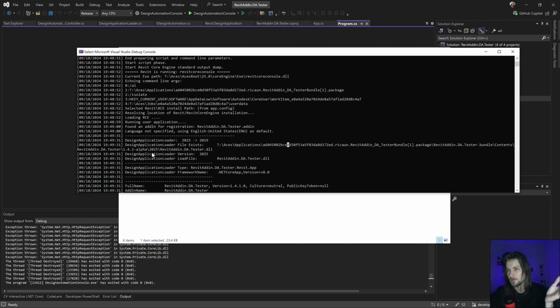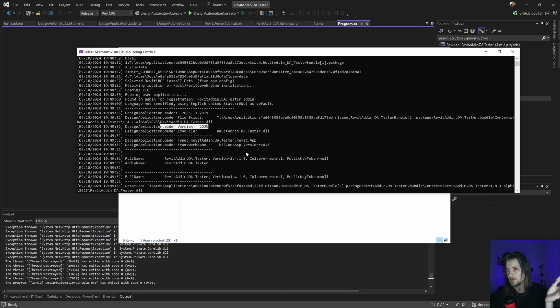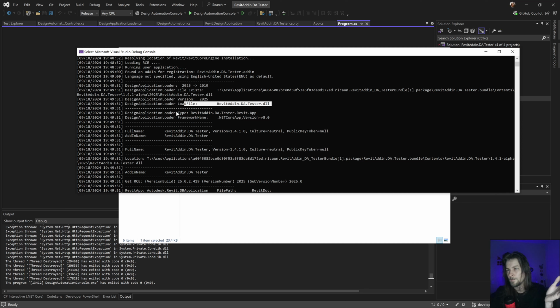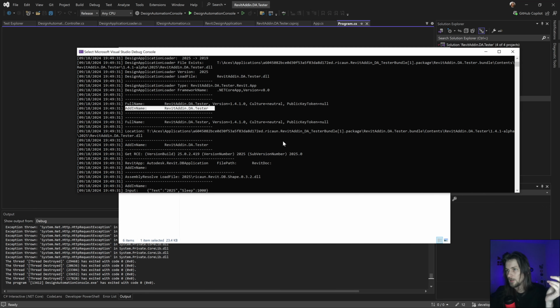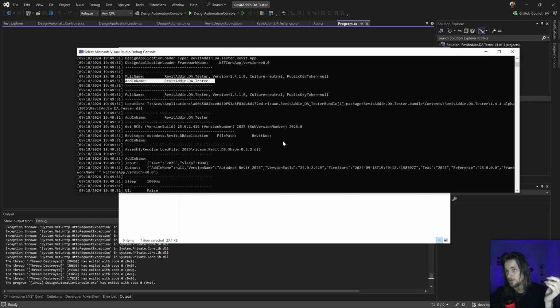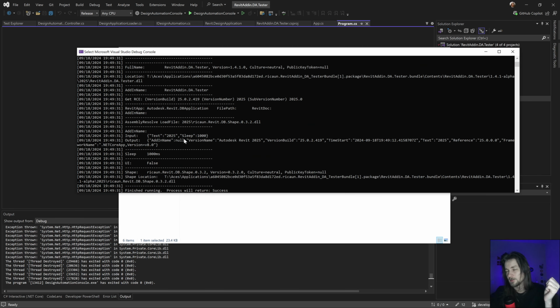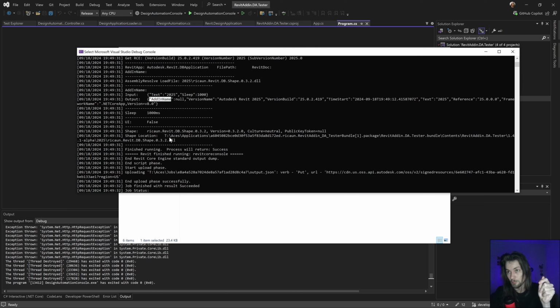Let's find this file, load the file. Everything is working. That's the other issue that I kind of know how to fix, but it uses a lot of workarounds. But this works a little better.